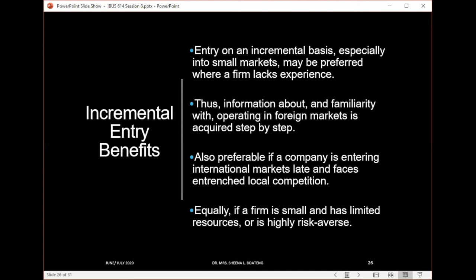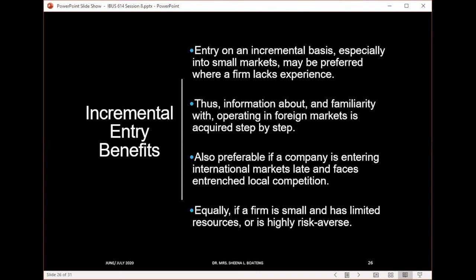And we can also talk about the fact that it is preferable to use the incremental approach if a company is entering an international market late and faces entrenched local competition, because you do not want to go all in at once without enough experience and knowledge to face competition who are very experienced and knowledgeable about the context you are seeking to operate in. So it's better to go incrementally to ensure that you learn enough about the competition, the structure of the environment, as well as the nature of operations in that market to ensure that you are in a better position to